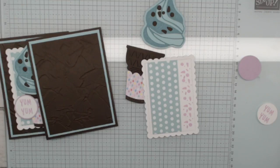Sandra wants to know the name of the embossing folder that I'm using for this one. Sandra, it's the Painted Textures, I think it's called. Did I pull that out? I'm looking through my pile of stuff. I don't think I pulled out